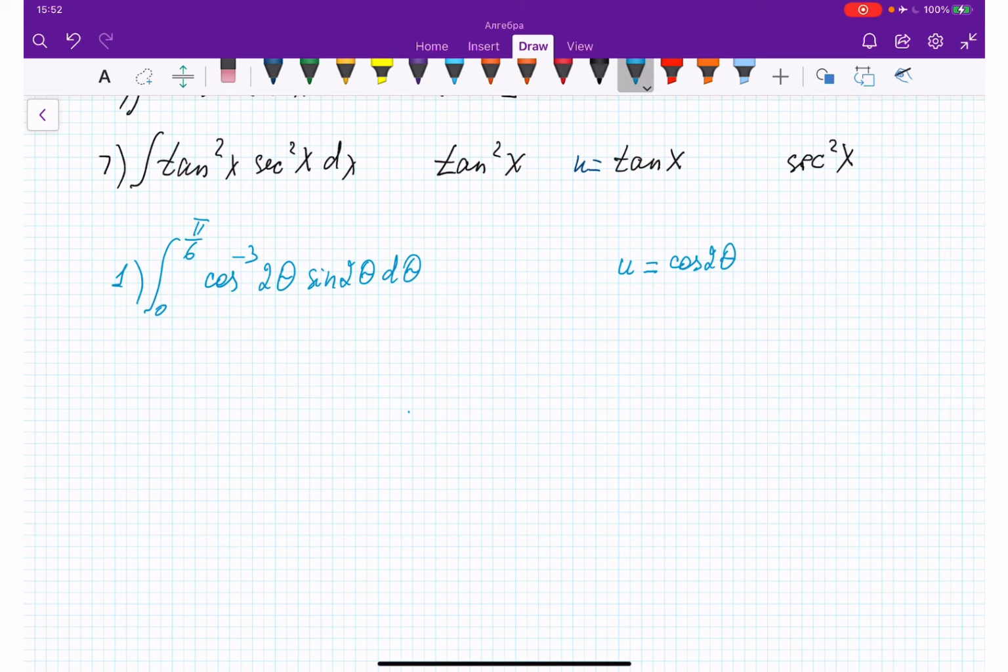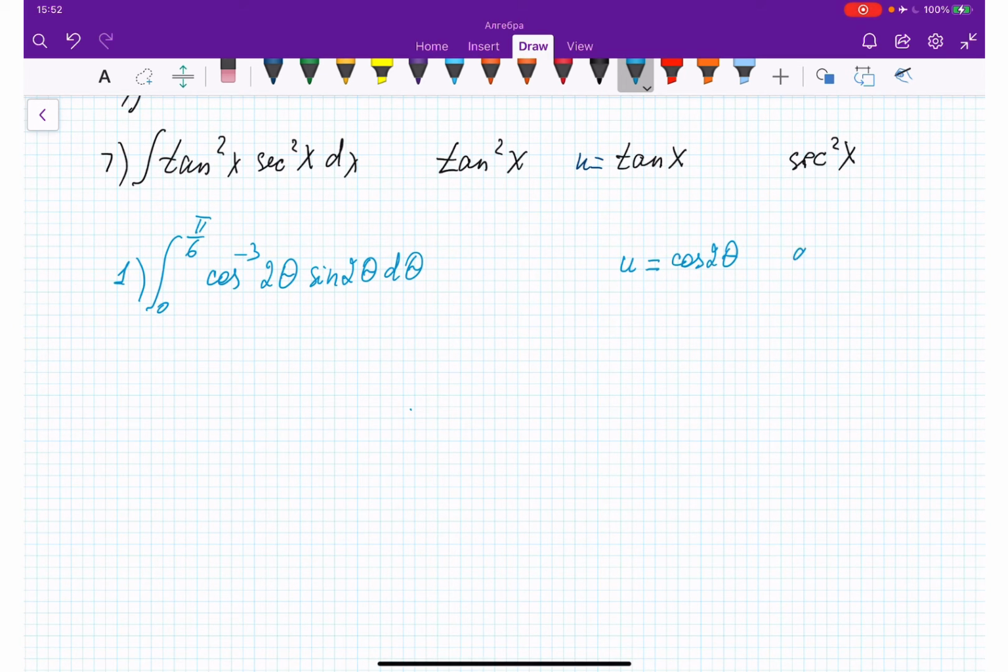Okay, and du is going to be equal to negative 2 sine 2 theta d theta. So from here we can say that negative 1/2 of du is equal to sine 2 theta d theta. All right, now since we replaced it with du, let's now change the lower boundary and upper boundary